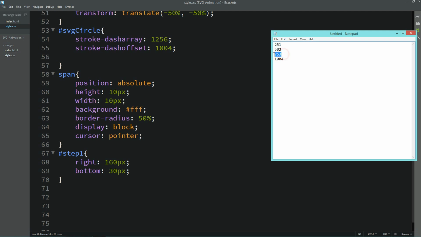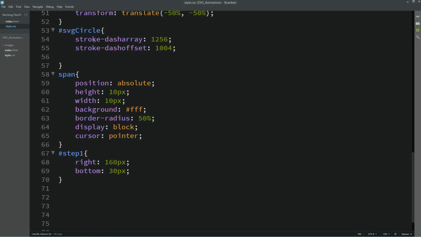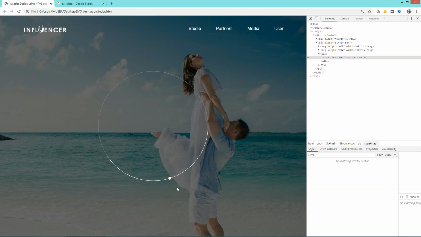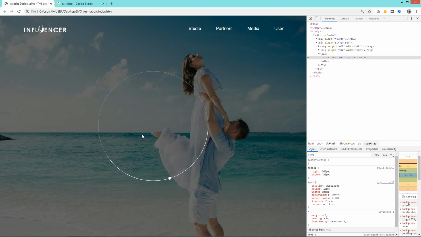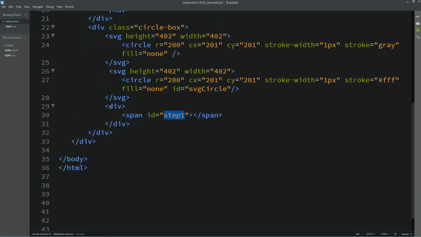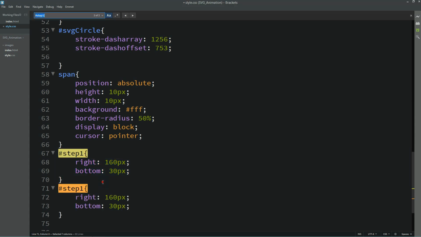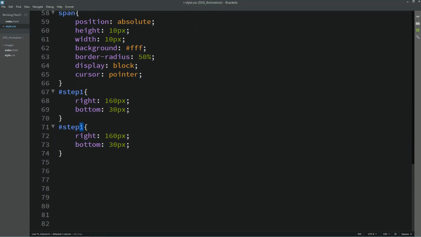Now just copy this one, 753, next step, write it here. Now you can see this border is increased at this position. Now come back to the HTML file, duplicate it and change the ID, it is step 2. Now come to the CSS file, duplicate it and change it to step 2.